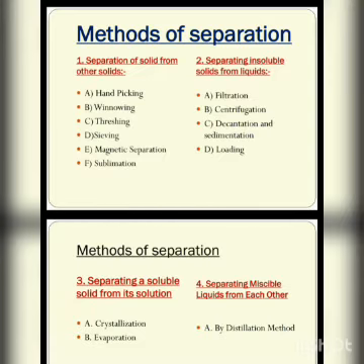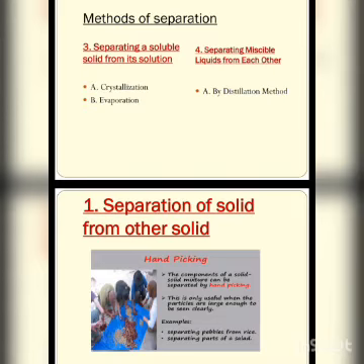Example, we have to separate pebbles, or any impurities from the rice. Second, we have to separate parts of a salad. Suppose you have a salad plate with a mixture of salad that includes carrot, cucumber, potato, radish. Then we have to separate each component. Then we can use the hand picking method. And the hand picking method is utilizable only if the particles are large in size.